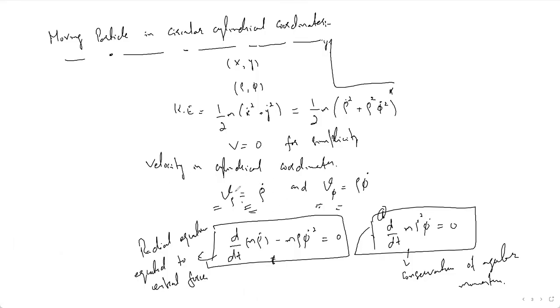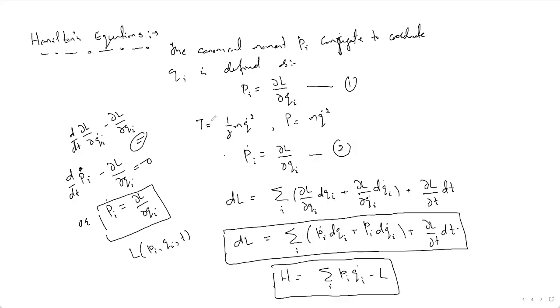For example, for this, you can use the Euler equation. I left it deliberately for you, so you can use the Euler equation for this coordinate and this coordinate. You will obtain these equations. This is a radial equation equated to the centrifugal force, and this is the conservation of the angular momentum. So this depicts that the angular momentum will remain conserved for these processes. Also, this is Hamilton's equations, everything is there. You don't need to do anything more about it.